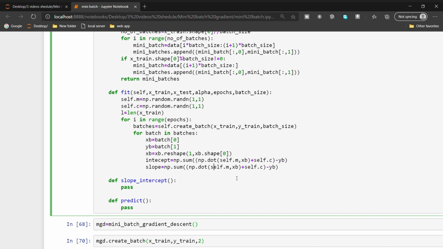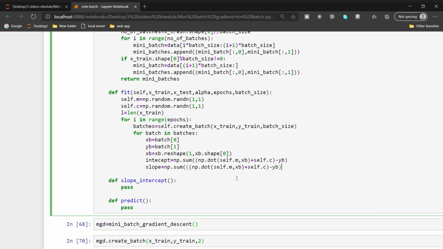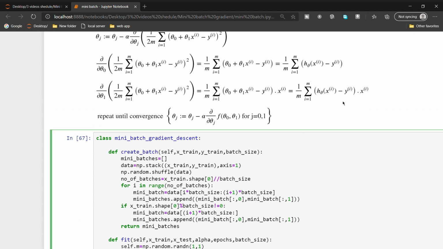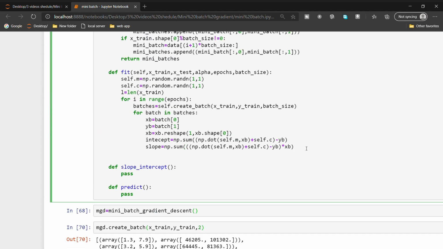And I think we need to consider the parenthesis into xb. See here, y predicted minus y actual into x original, final summation, and it's finally divided by m. So now we need to update. After every batch we are going to update.